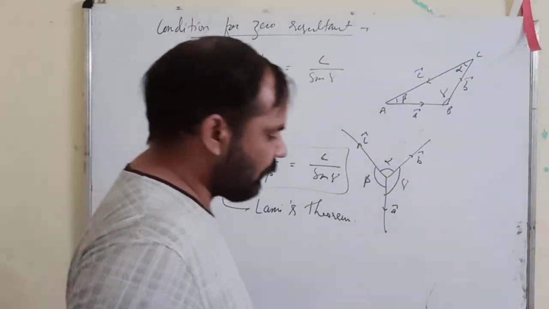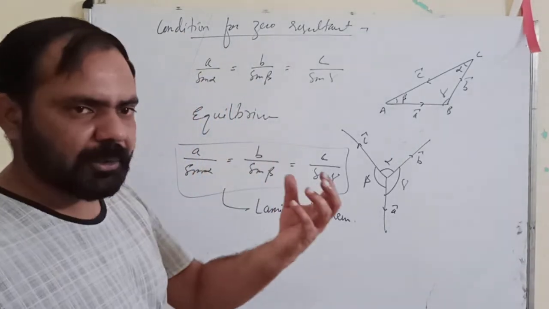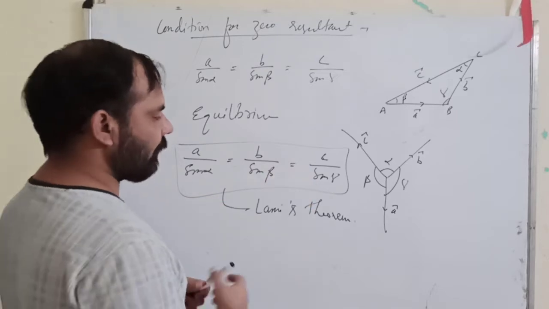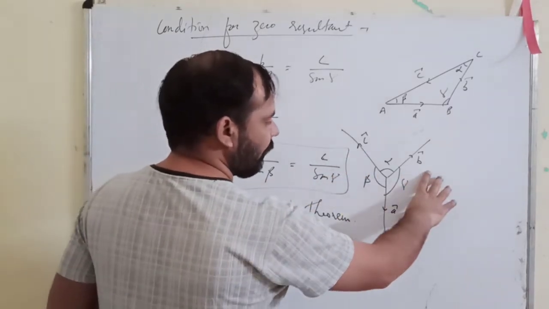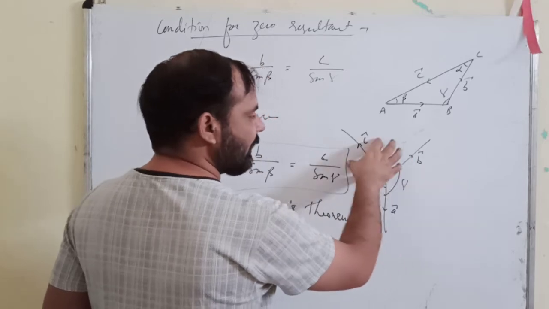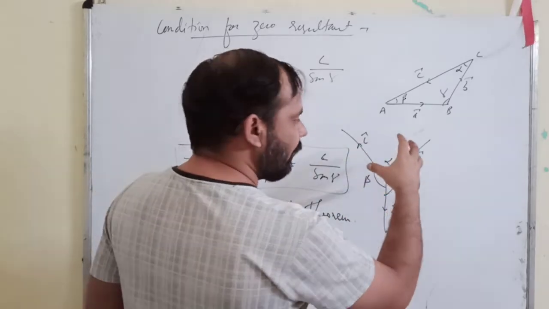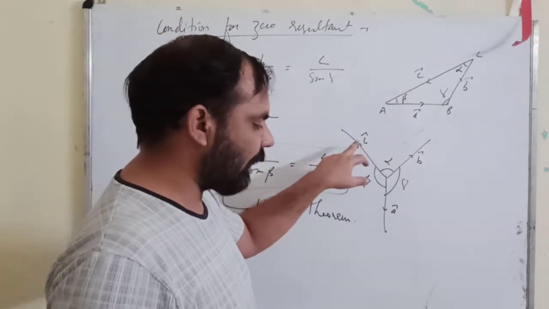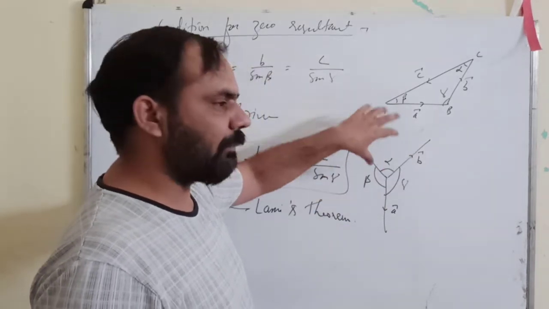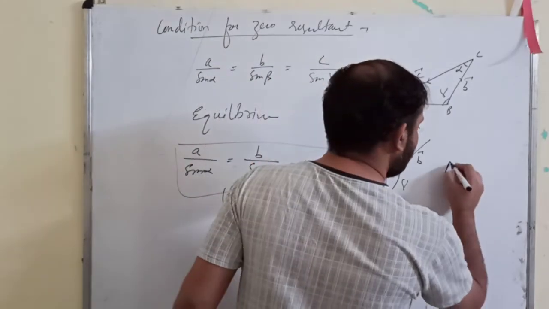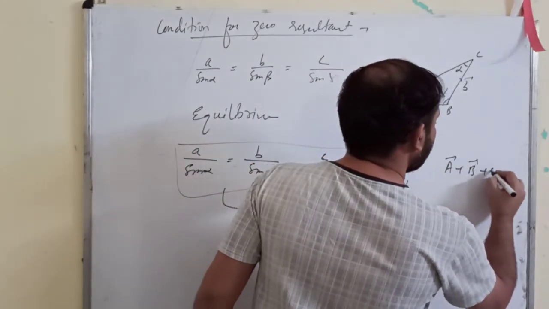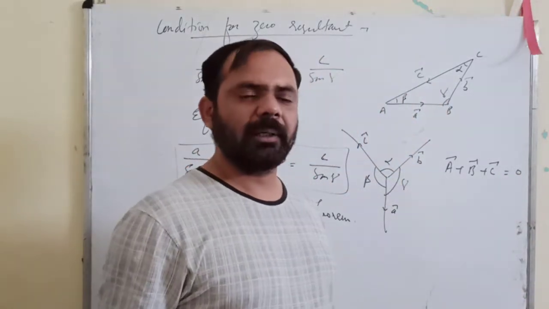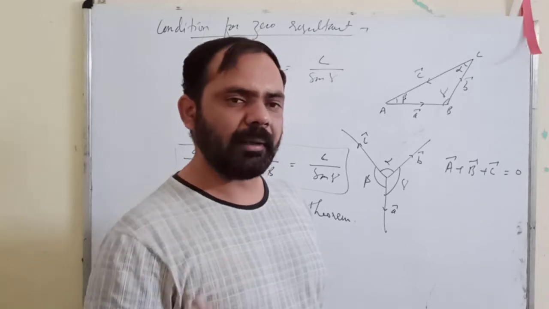Now, what is an equilibrium vector? A few terms are there. Suppose here A and B, whatever their resultant was, was balanced by C, that's why you are getting equilibrium here. So you can say that A, B, C are in equilibrium. If you are adding any number of vectors, A plus B plus C, and your resultant is zero, then you say that the vectors are in equilibrium.